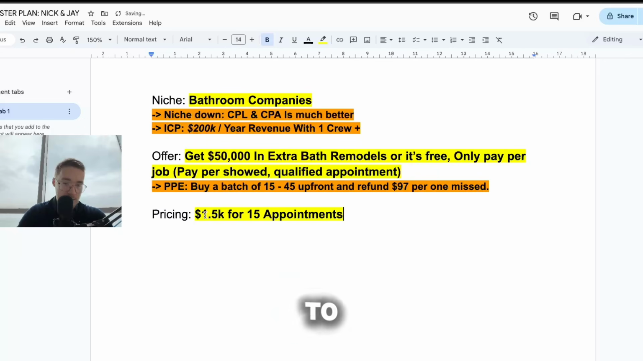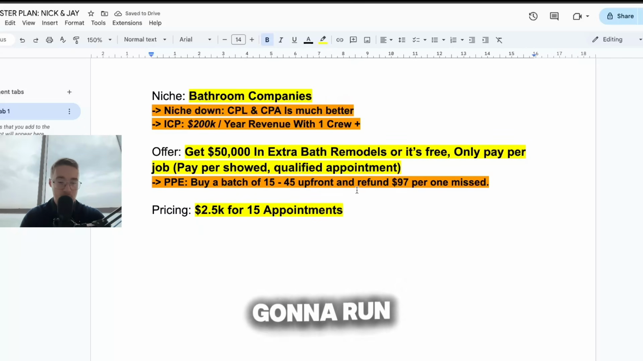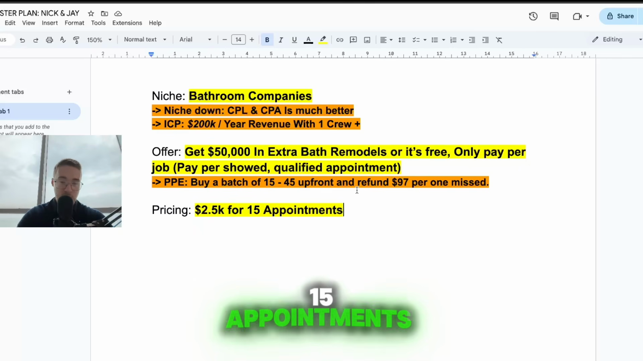Oh, my bad. Actually, we need to charge more, because I'm doing this based on cold SMS. This is only Meta ads. We're going to run this offer for, so 2.5K for 15 appointments, or